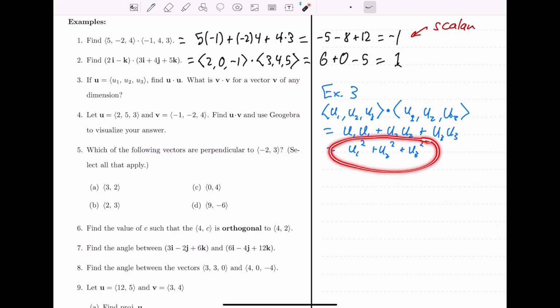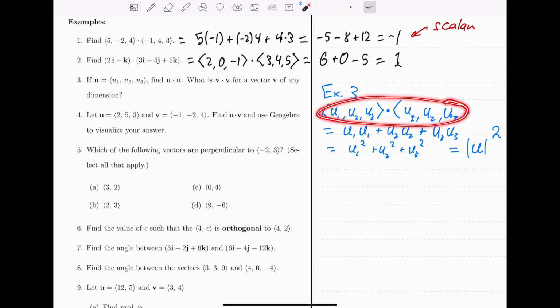Does this look kind of familiar? What does this remind you of? Hopefully you're thinking maybe this looks something like magnitude, except with magnitude we have a square root. So this expression here is actually the magnitude squared. We could write this as the magnitude of the vector u, quantity squared. In general, that will always be the case. If we find the dot product of a vector with itself, it will always give us the magnitude of the